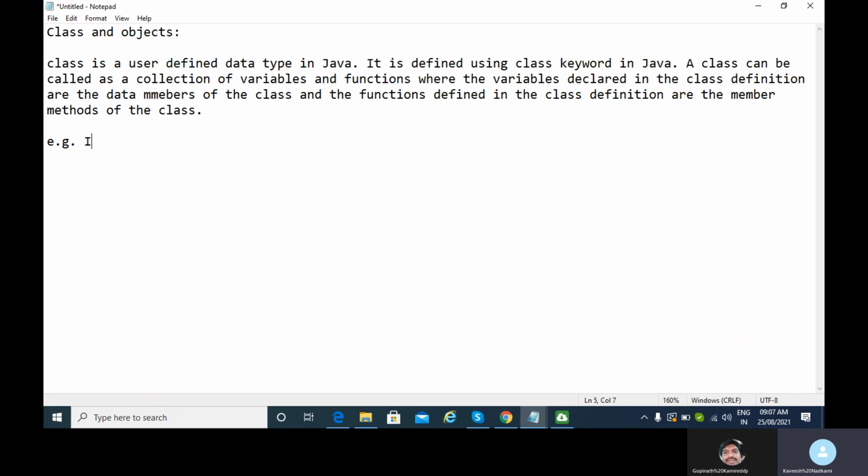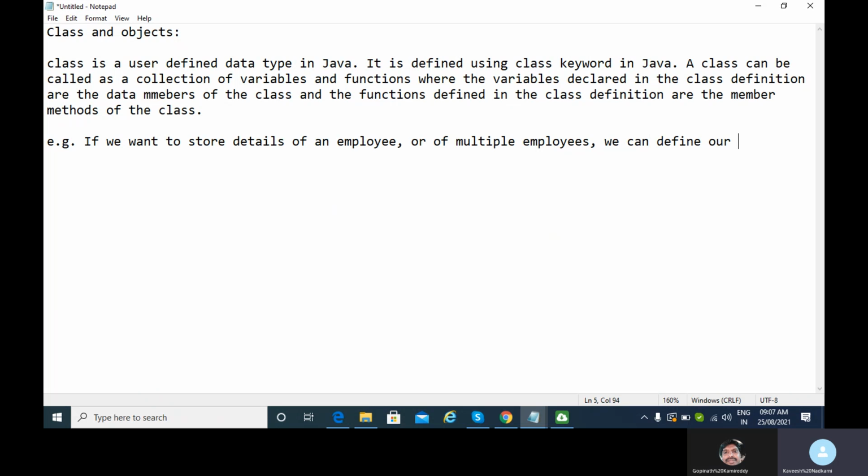So for example, if we want to store details of an employee or of multiple employees, Gopinath, we can define our own class called employee using the class keyword.